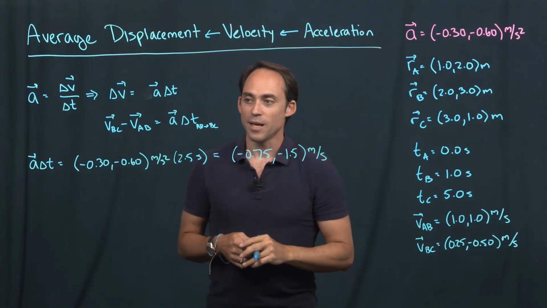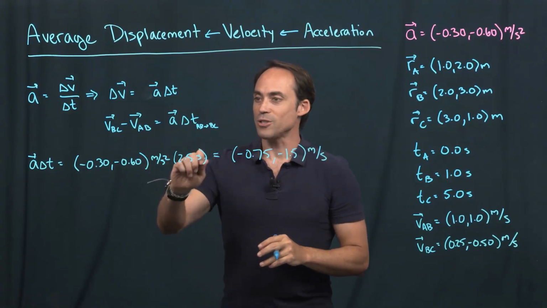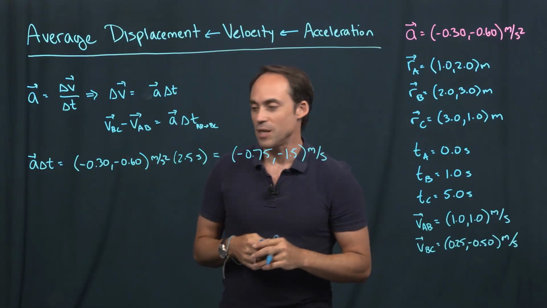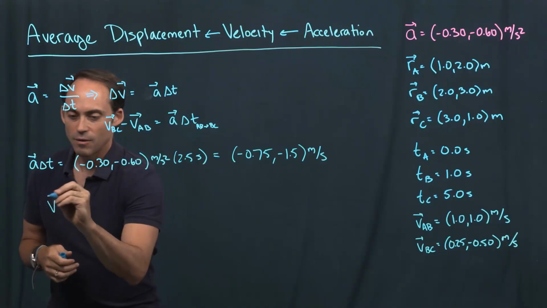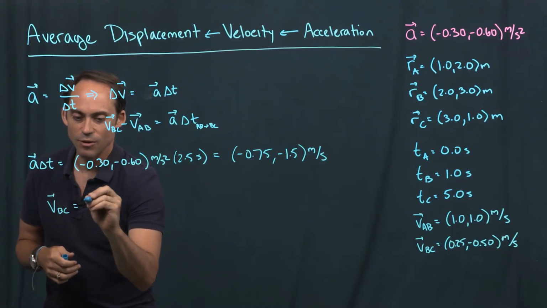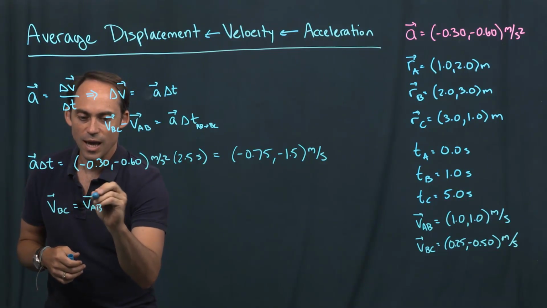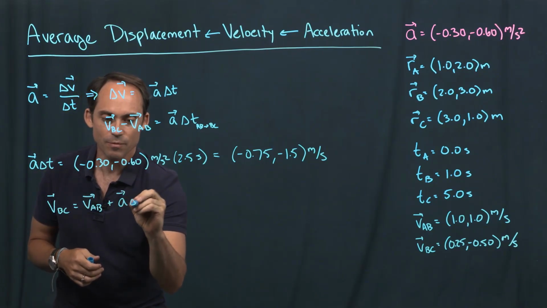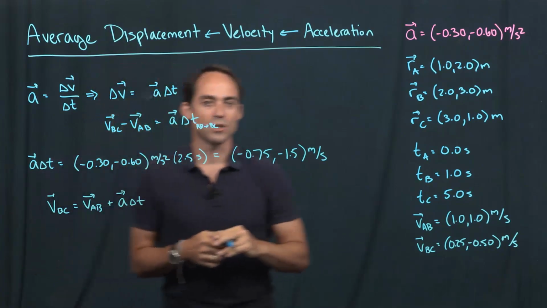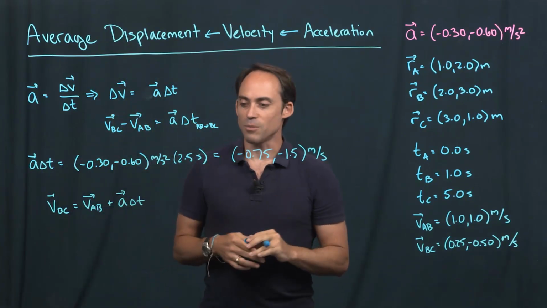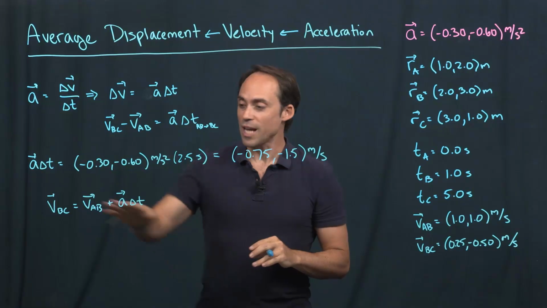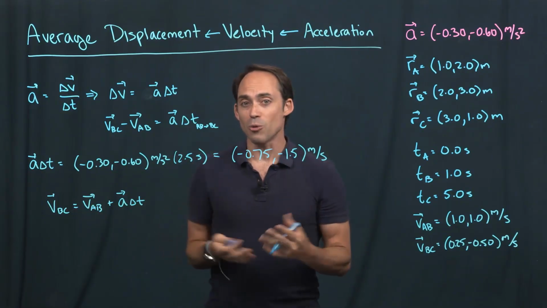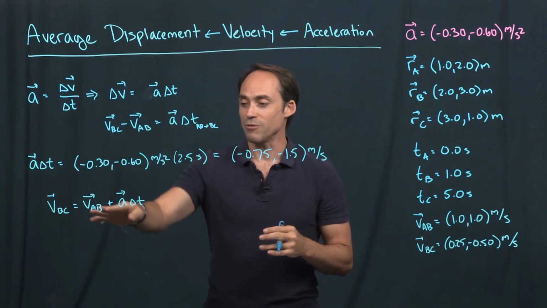All right? And now we can go and actually compute what the velocity is at, for example, between the points B and C. That's equal to our velocity between A and B plus this change due to the acceleration. Now notice something, we've been able to calculate this, but in order to calculate the velocity between the points B and C, we have to actually already know what the velocity is coming into that point, the velocity between A